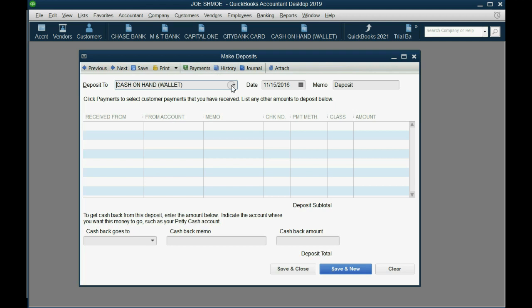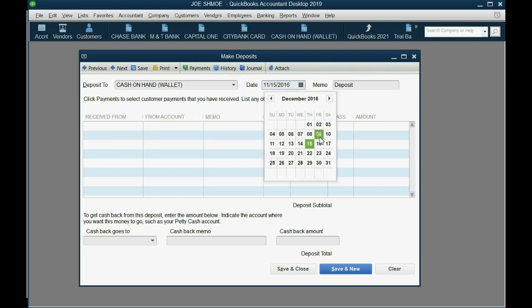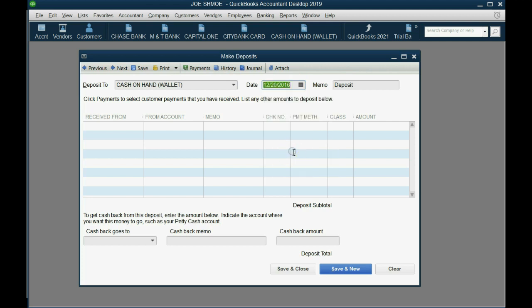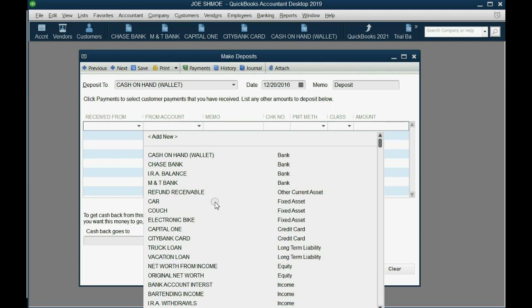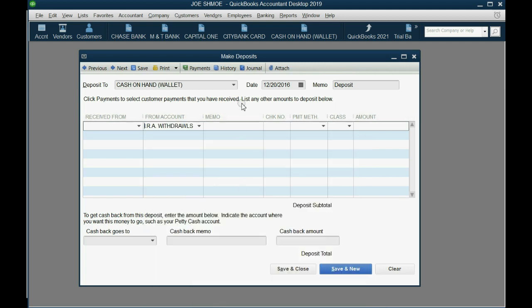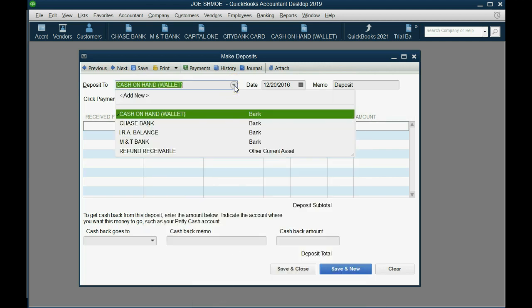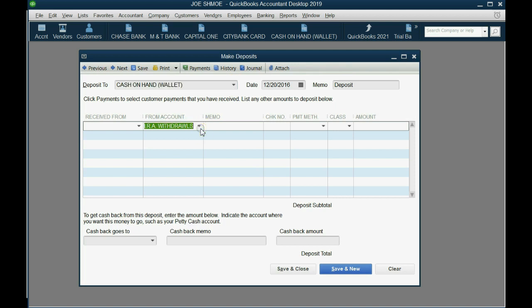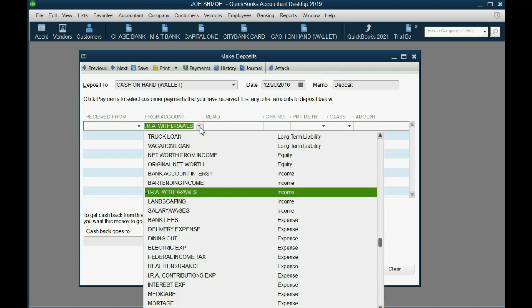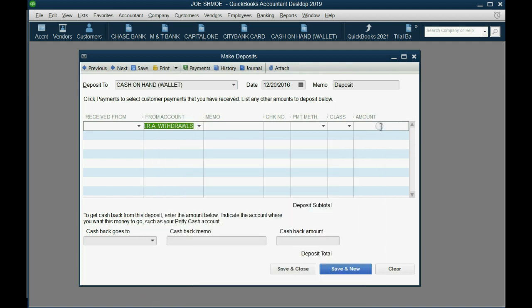So you have more cash on hand in your wallet as of December 20 as a result of taking it out of the IRA. But the account that you choose is the income account. The income account IRA withdrawals. So your cash on hand is going up because you have more of this type of income, IRA withdrawals,